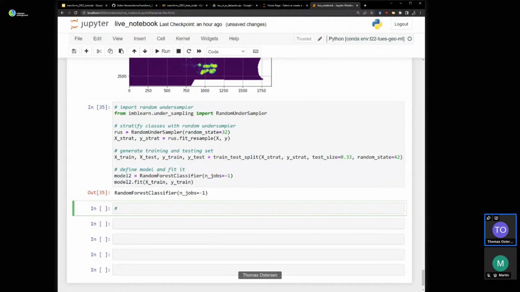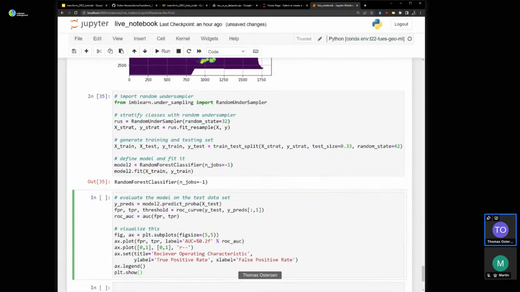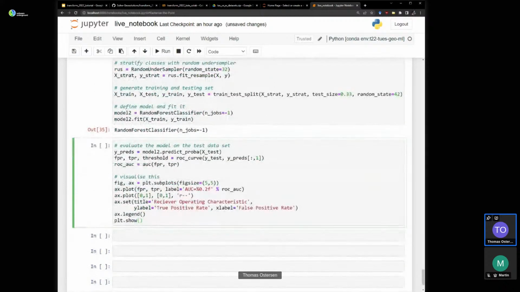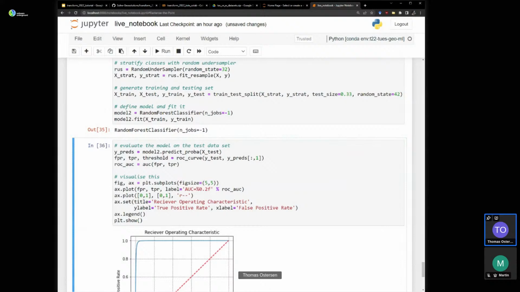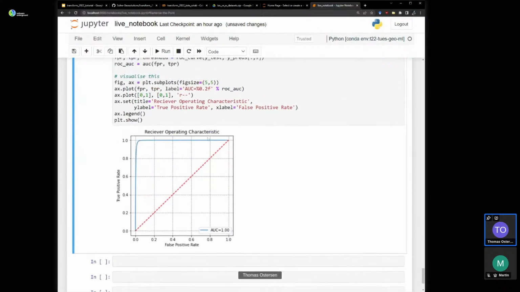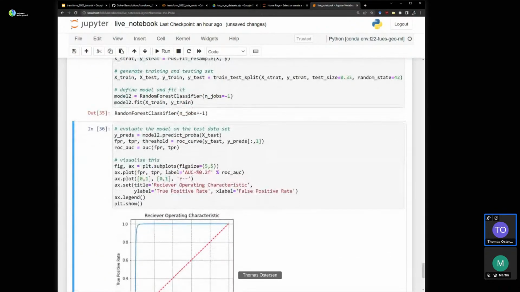Let's look at our receiver operating characteristic curve. I'm just going to copy paste because we've already done that. No need to repeat the typing of that code. So let me just double check that I've done this correctly. Yeah, we're getting the predictions, TPR, threshold, yep. And then we'll plot that there. Cool. We still have a pretty good model. It's performing really well. We've stratified the classes.